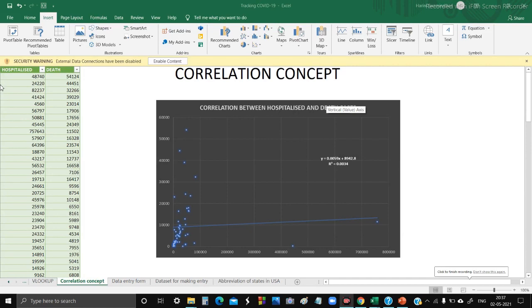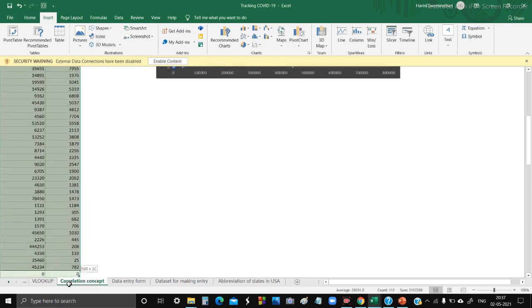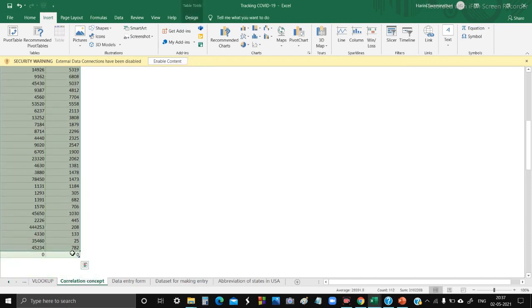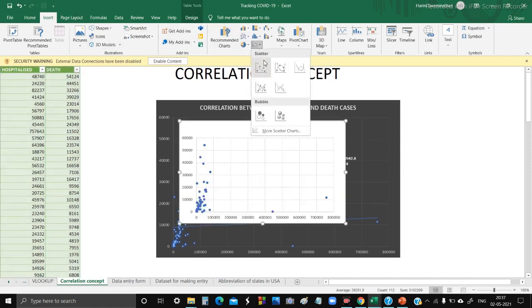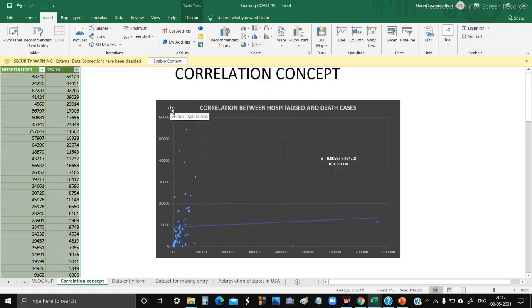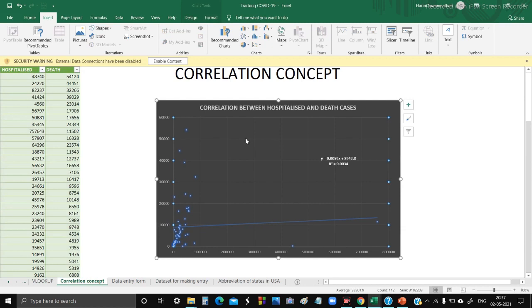To find the correlation between two attributes here, we have selected the entire table. Then we clicked on charts and clicked scatter chart. After that, we made necessary changes to the design and entered the formula for finding the correlation.